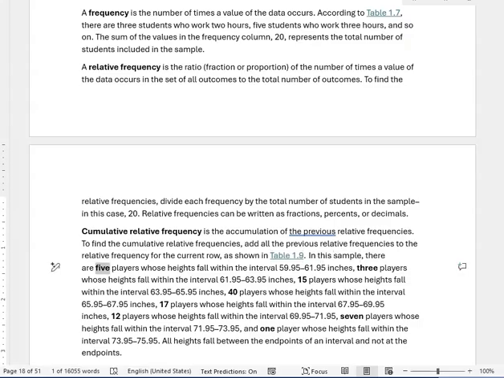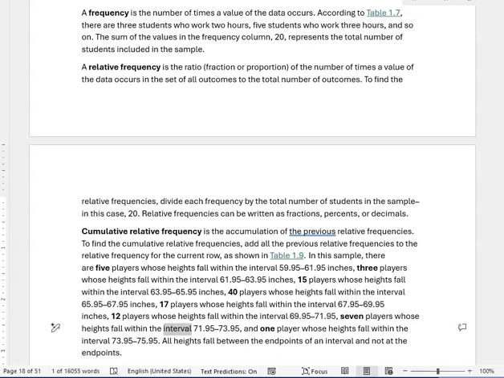In this sample, there are 5 players whose heights fall within the interval 59.95 to 61.95 inches, 3 players whose heights fall within the interval 61.95 to 63.95 inches, 15 players whose heights fall within the interval 63.95 to 65.95 inches, 40 players whose heights fall within the interval 65.95 to 67.95 inches, 17 players whose heights fall within the interval 67.95 to 69.95 inches, 12 players whose heights fall within the interval 69.95 to 71.95, 7 players whose heights